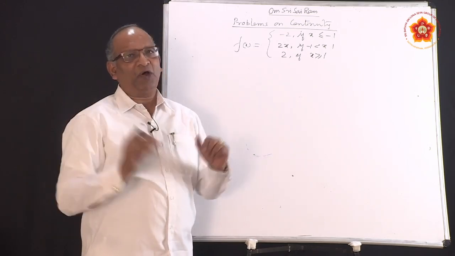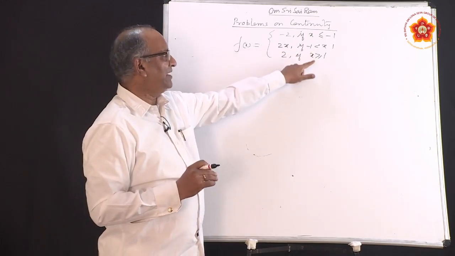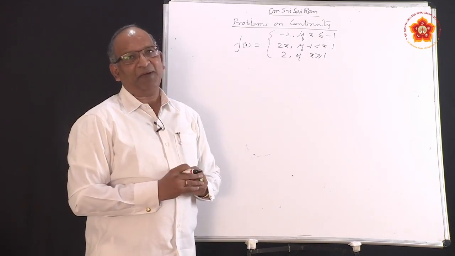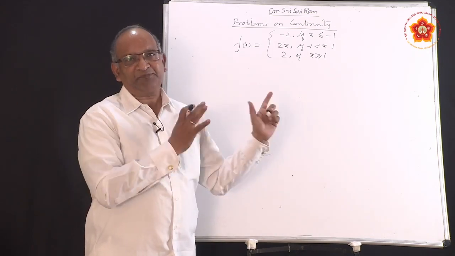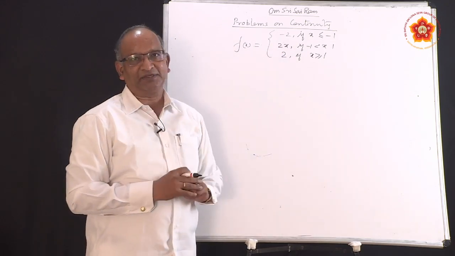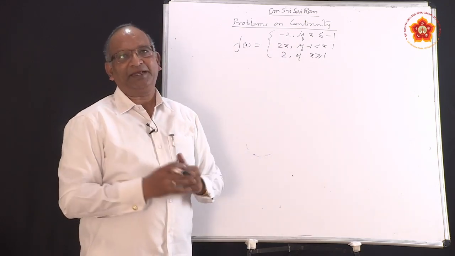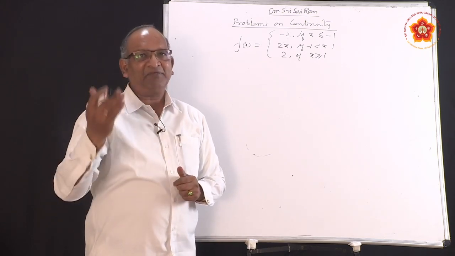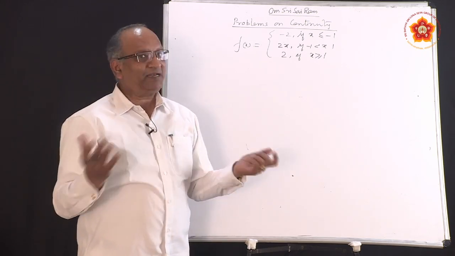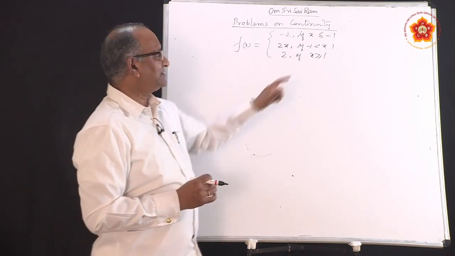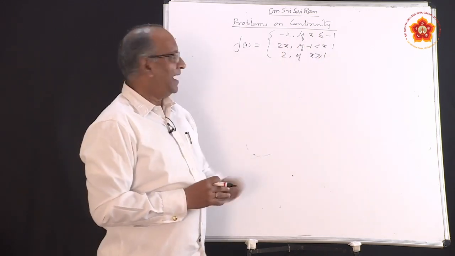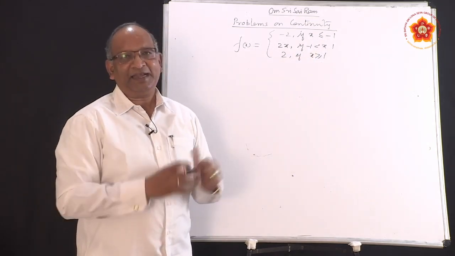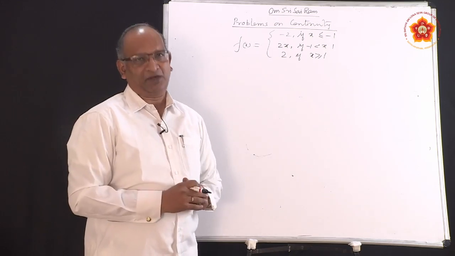So in the given intervals they are already continuous. If you plot these points -2, -1, 1 and so on on the number line, it divides the number line into 3 parts, and in those respective intervals, these functions are continuous. The only possibility that the function may not be continuous is when the intervals are changing. So where are the intervals changing? Intervals are changing at -1 and also at 1. So we will check whether at these points the function is continuous or not.